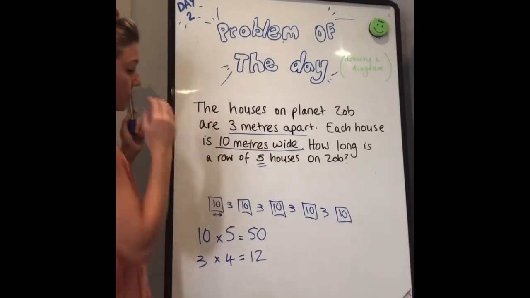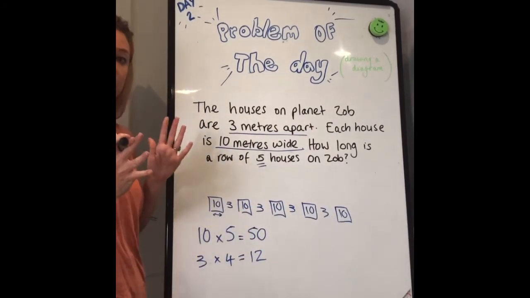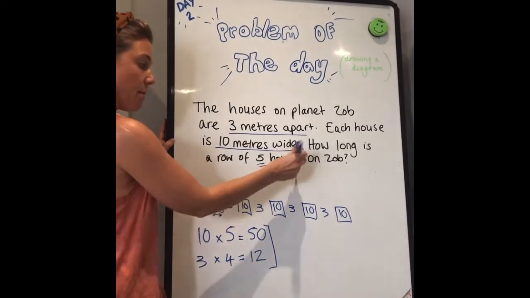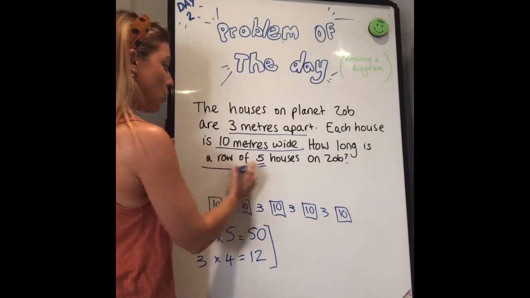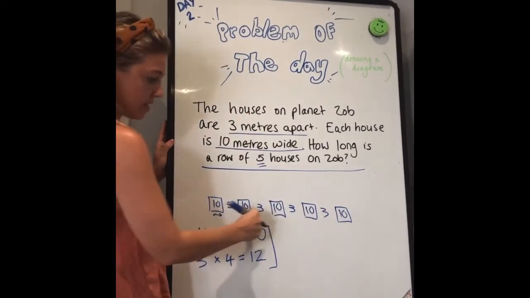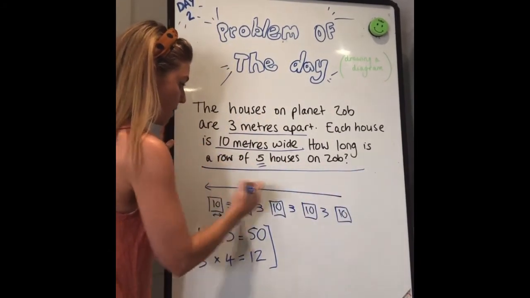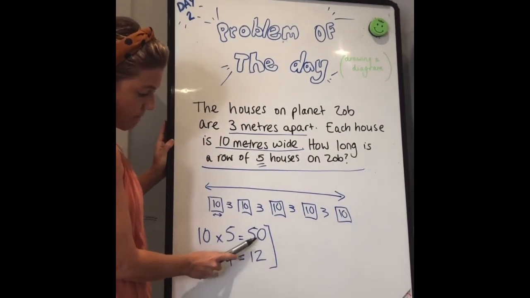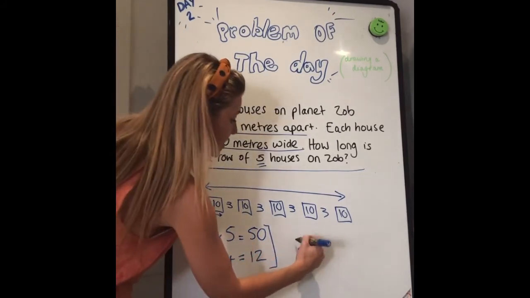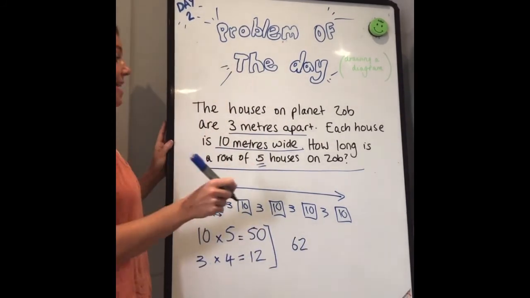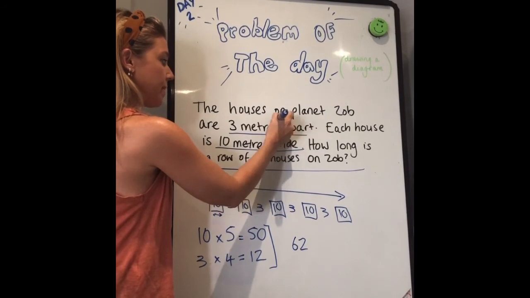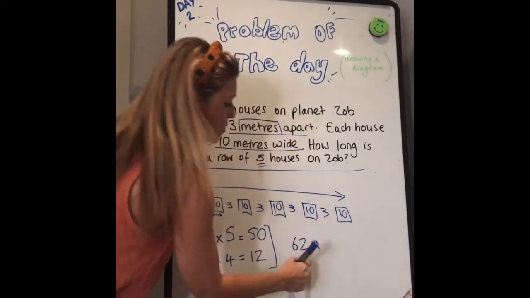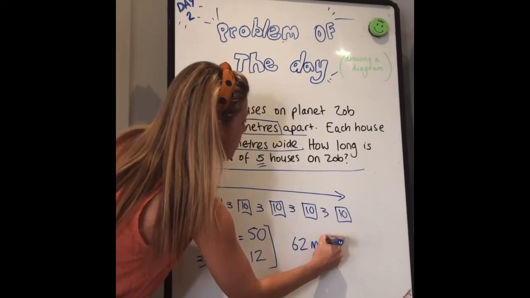the houses added together. We haven't quite finished though because we've now got to add these 2 together because remember it asked us how long is the whole row of 5 houses. So this is the whole row. And we've got to tell them how long is that. So we've got to add together 50 and 12, which is 62. And let's not forget our units of measure because we're dealing with metres here. So we've got to do 62. You could just put an M or you can write